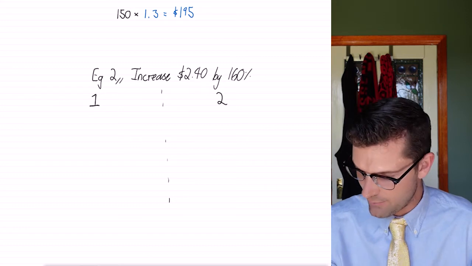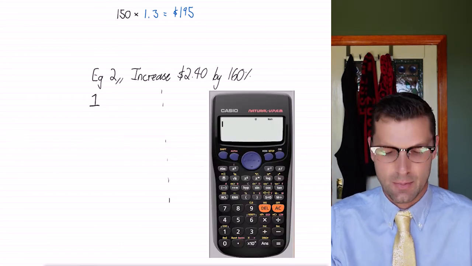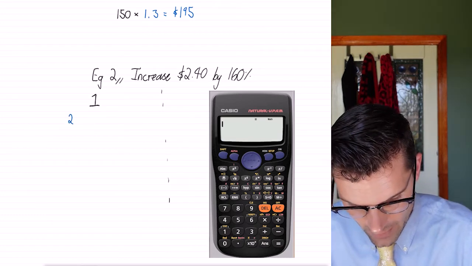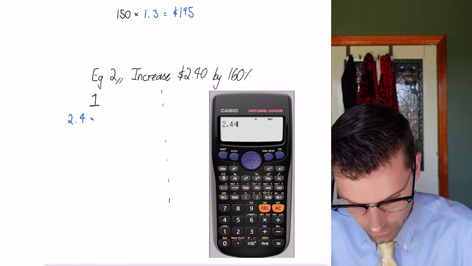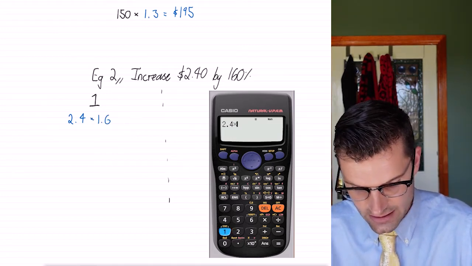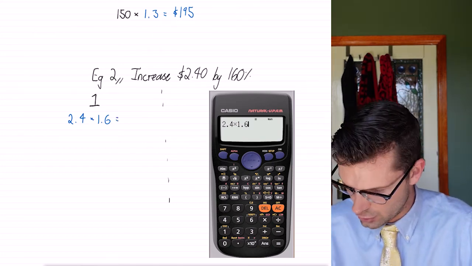So we can also do this with numbers where we've increased by more than 100%, okay? Now, in this example, we're going to do it in both methods just to get a bit of practice with both of them. So, method one, we've got $2.40 or 2.4 multiplied by 1.6. That's a 160% increase, and that is equal to